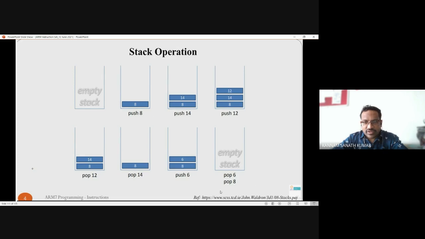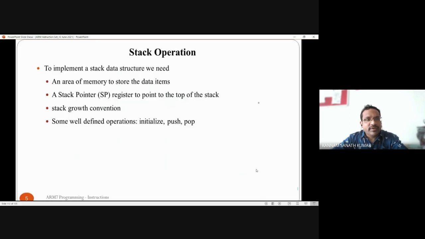I took this material from this website. To implement the stack, what is a stack? It is one type of memory. Before the stack was developed, this memory was used for storing garbage values. After that, the stack came into the picture. This stack can be used for the function concept, that means we can store the return address in the stack.